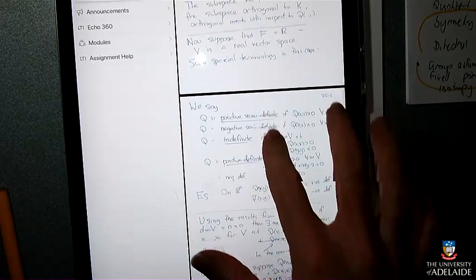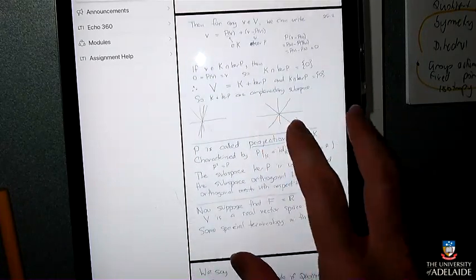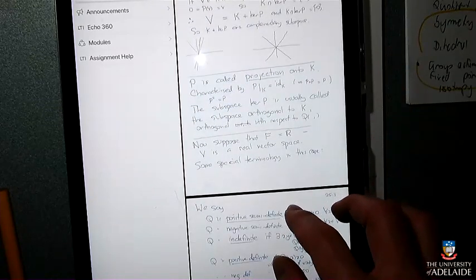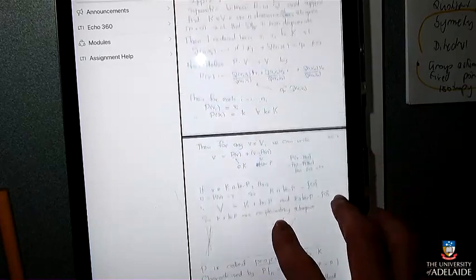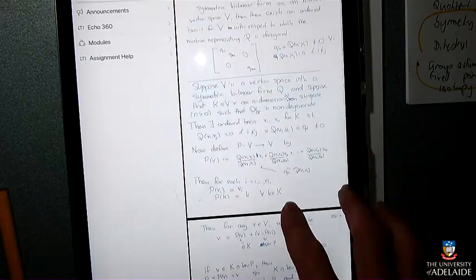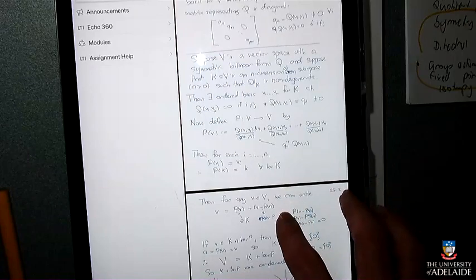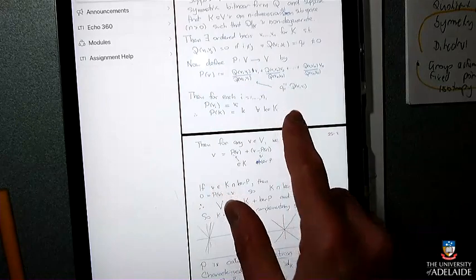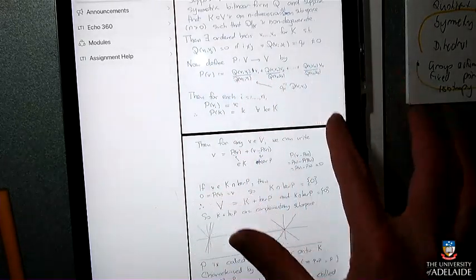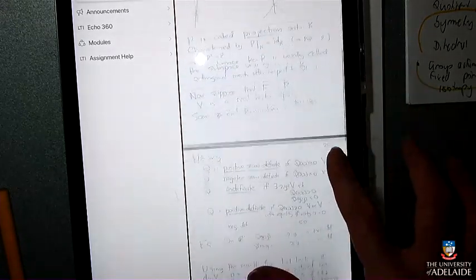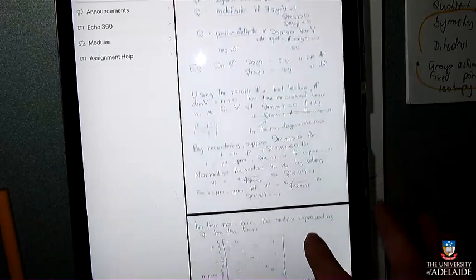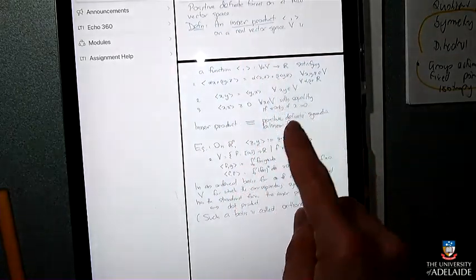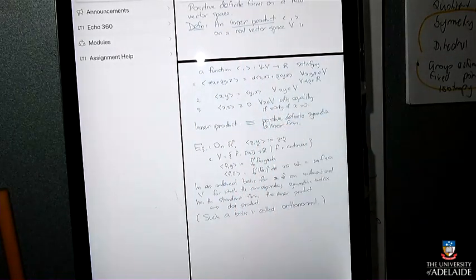So this projection thing supposedly works even if your Q does these weird things with 0. Even if it's possible for some things to have a dot product with themselves of 0, this would still work as long as you chose your basis so it didn't do that, because these all had to not be 0. But if you want your Q to define an inner product, you need it to be positive definite.